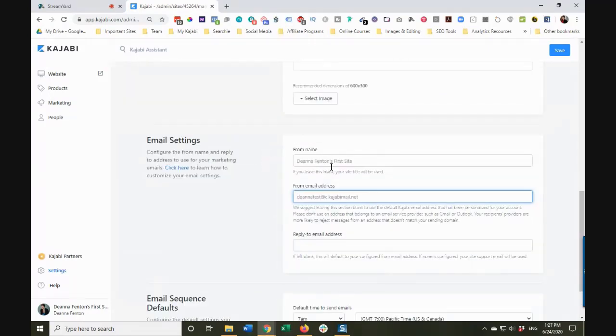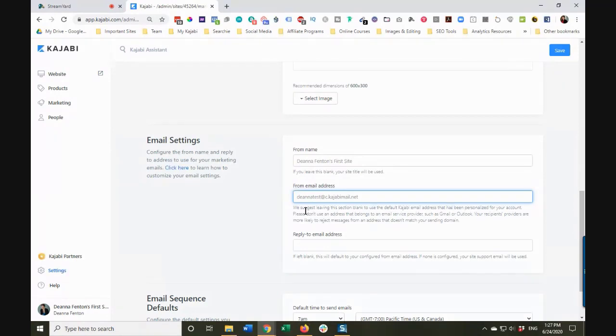Under email settings, this is where you can set the name that will appear in people's inboxes when they get your emails. And there is this from email address. And you'll see it says c.kajabimail.net. I know you're going to be tempted to want to put your email address in there. Just don't do it. For right now, Kajabi's email doesn't have the ability for us to use our own domain to send out these emails.